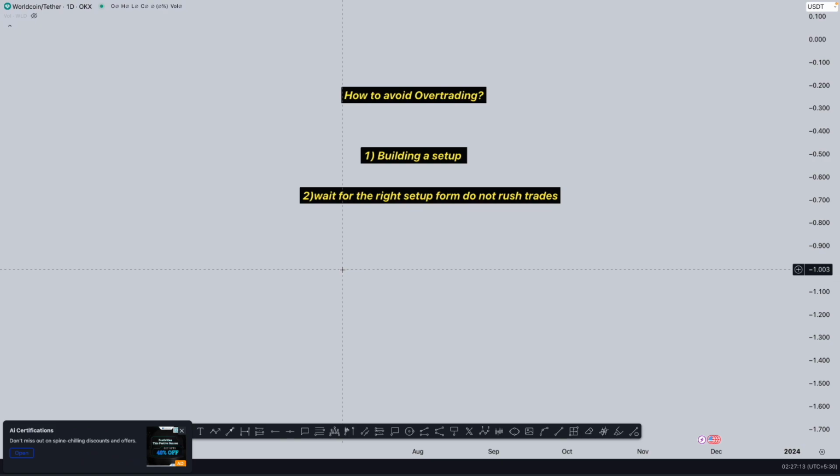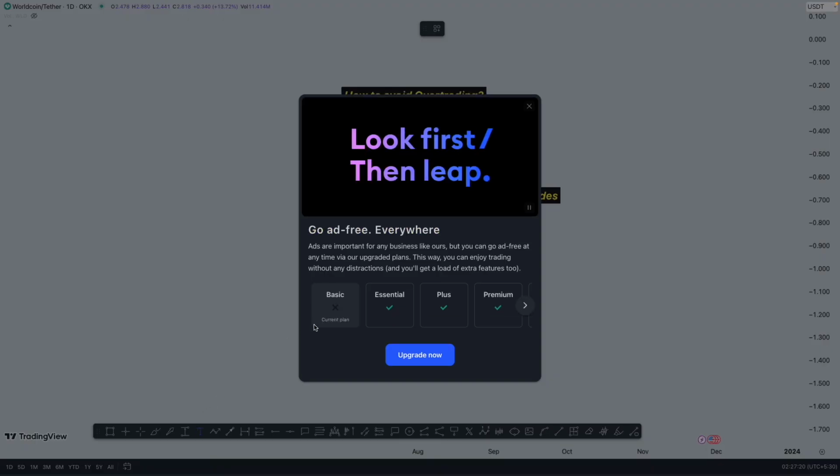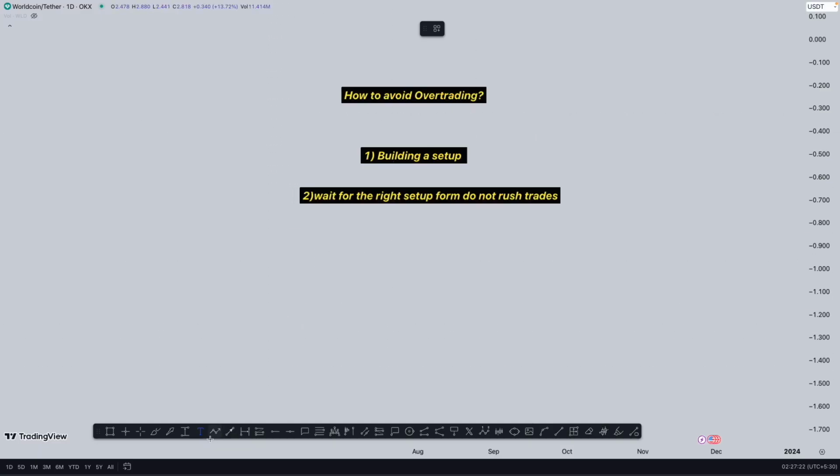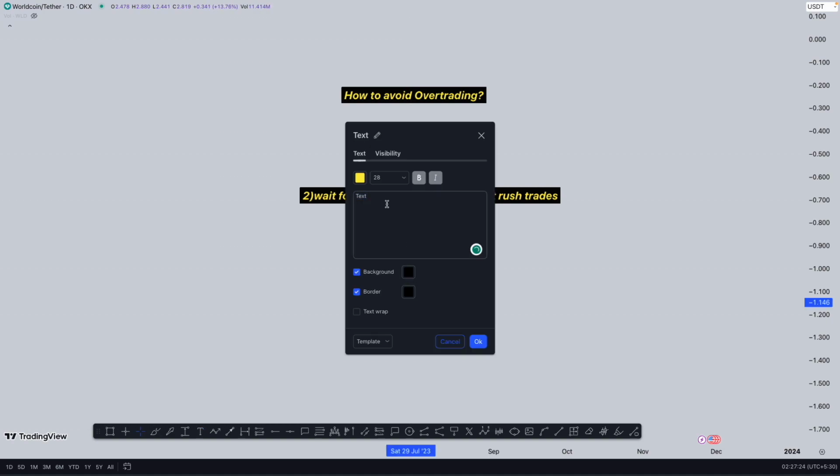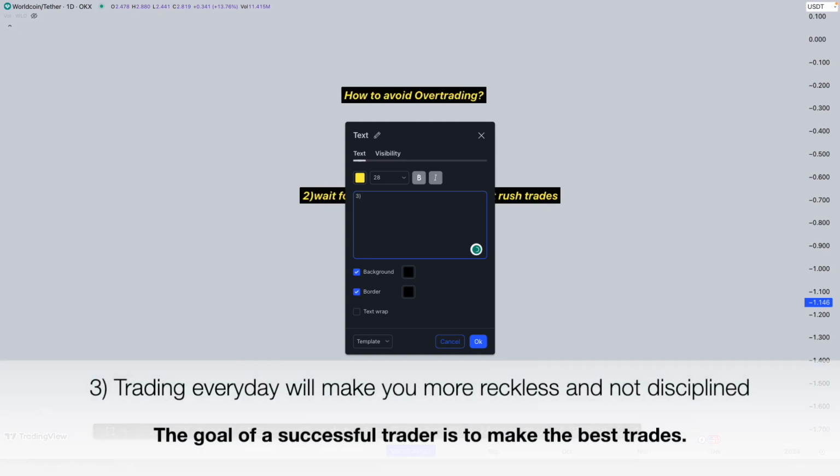This is the second most important point, how you guys can avoid overtrading. Now, the third step is also important, and again, like I said, every point is correlated to each other. Once you understand the first and the second step, the third step is something you will be easily able to spot, that fine, this is also correlated. And this third setup is that you do not trade every day.